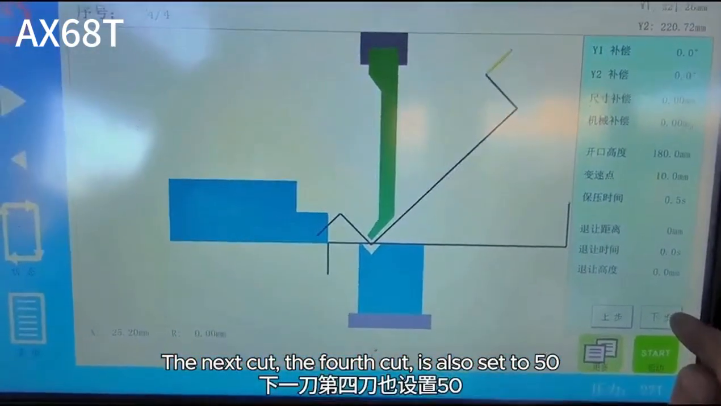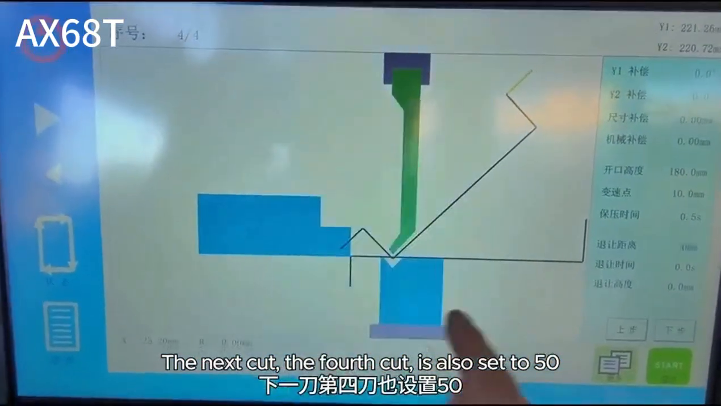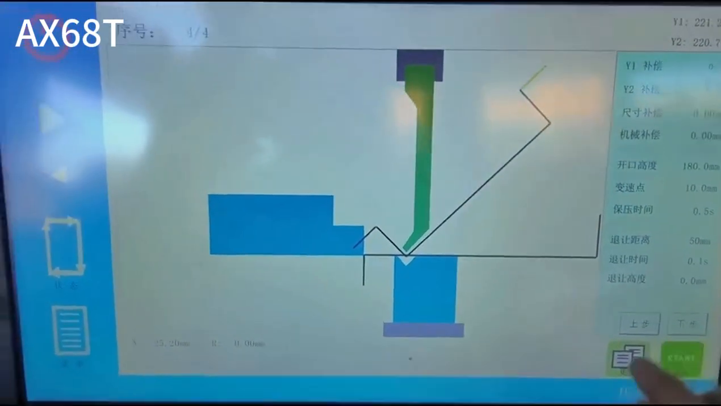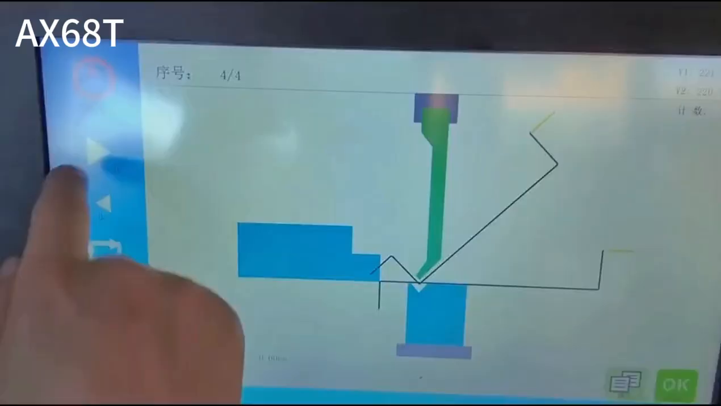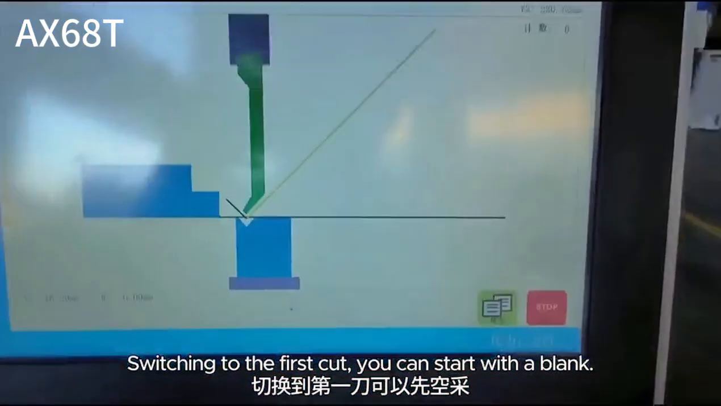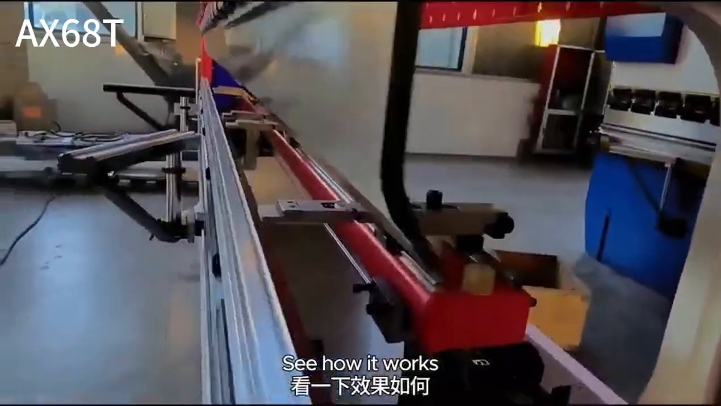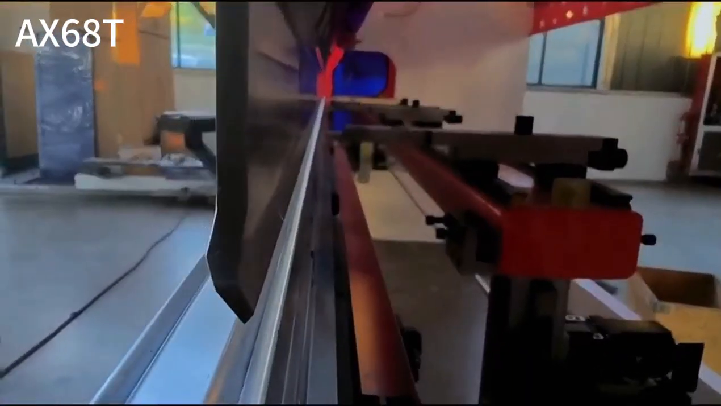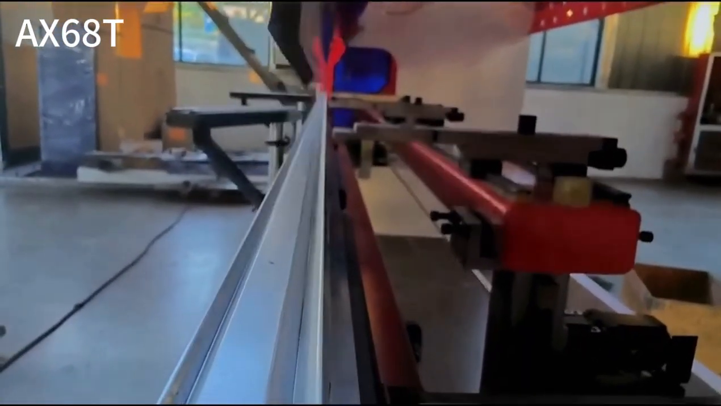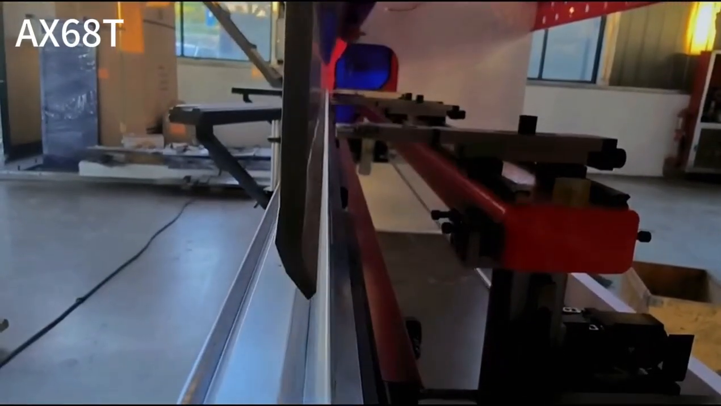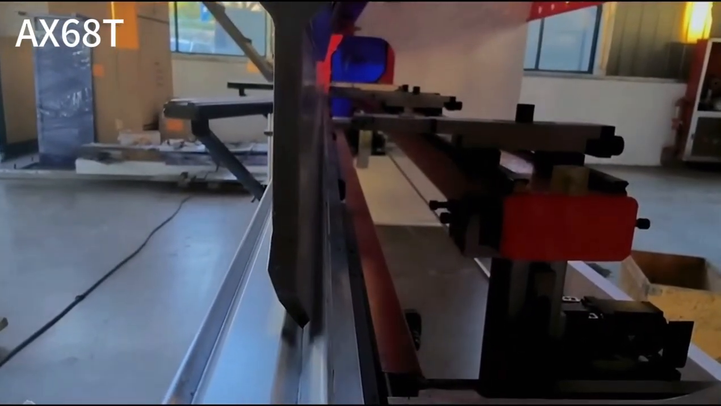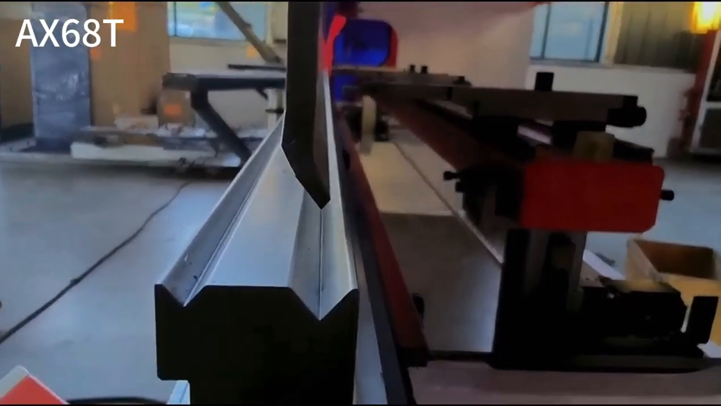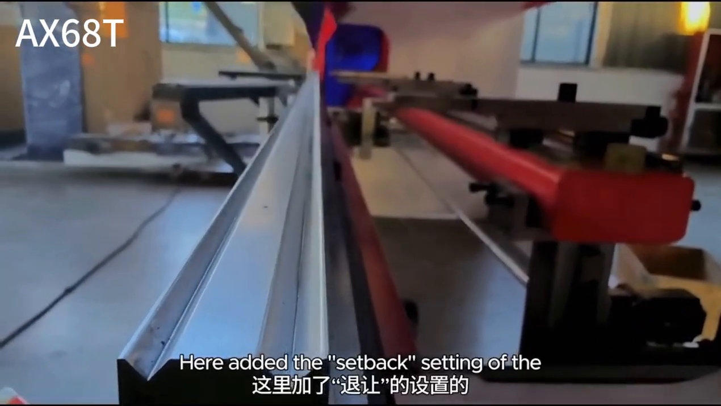The next cut, the fourth cut, is also set to 50. The setback time is also set to 0.1. Switching to the first cut, you can start with a blank. See how it works. Here added the setback setting of the